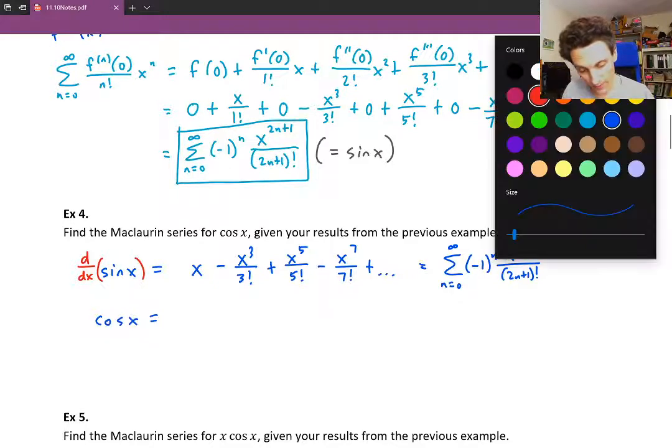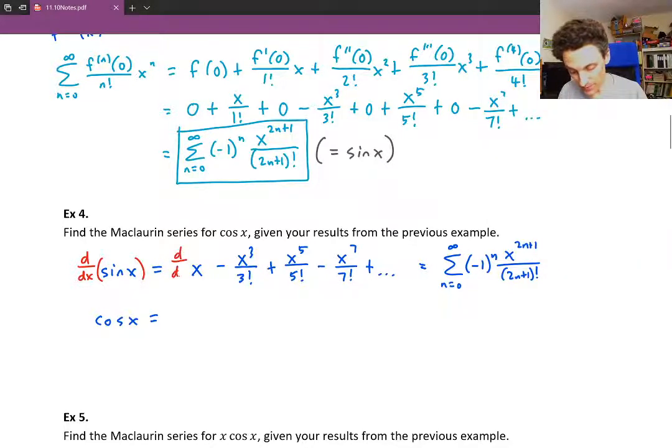Now if we take the derivative of the power series version of sine, now I'm using the word power series just in the most general sense of the word series, but technically we found a Maclaurin series, right? That's the specific kind of power series that we found. So if we take the derivative of this Maclaurin series,